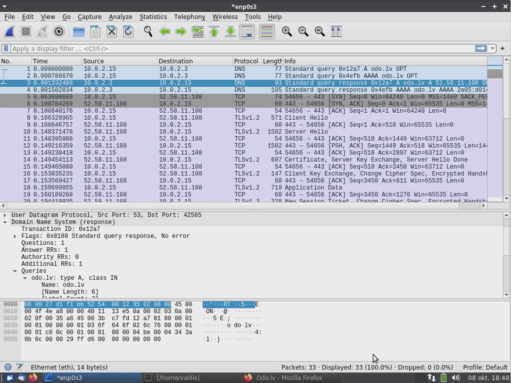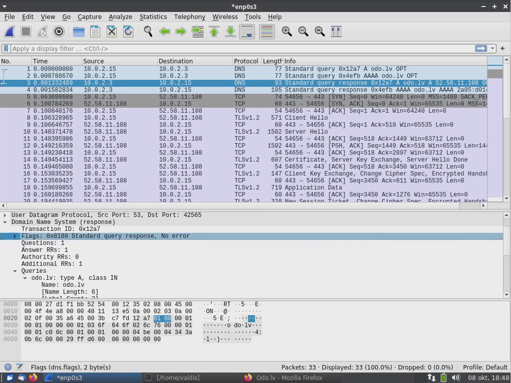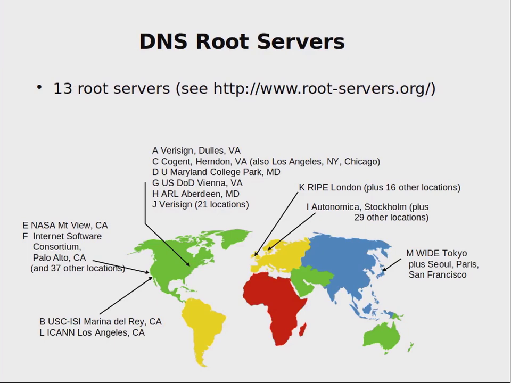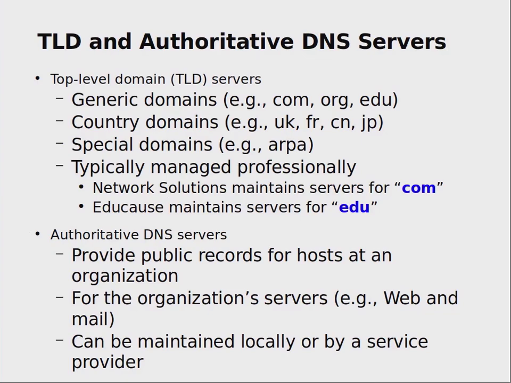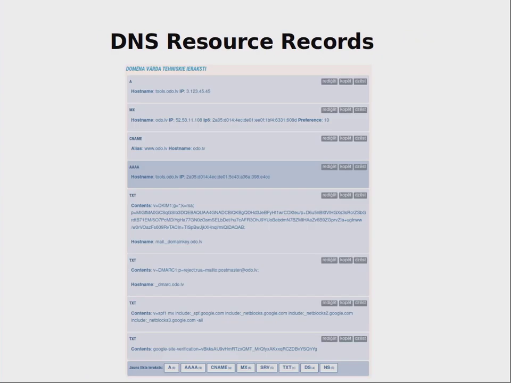How does it look in practice? In practice it looks as follows: here is the nits.lv website where I can change my data regarding the odo.lv domain.